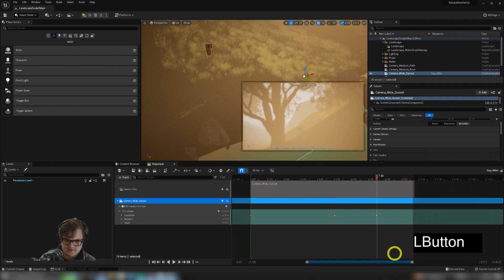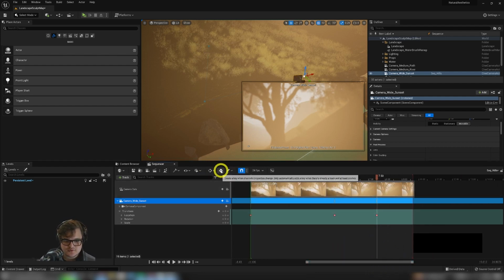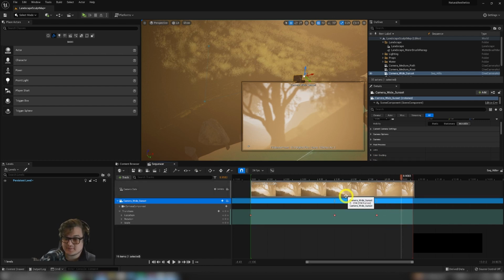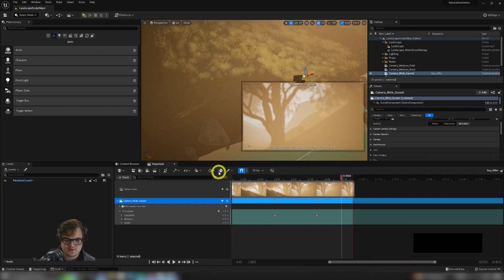sequence. There is an option to what's called auto keyframe. And auto keyframing is the process of, if a value changes, set a keyframe. This can be a little bit dangerous because you can set unintended keyframes. So by default, the auto keyframe should be checked off. Auto keyframing is this little